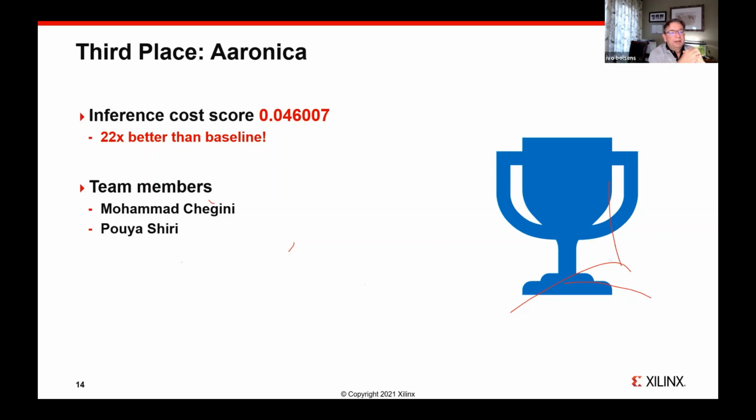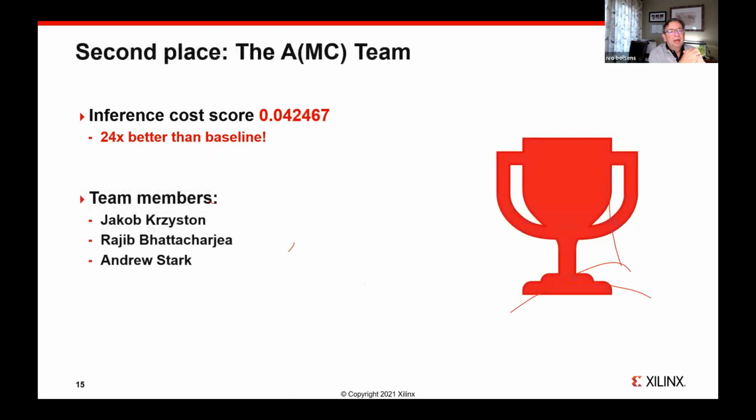And the team members of the Aronica team are Mohammad Chegini, Poya Shiri. Congratulations. And then second place, very close, is the AMC team, which got an inference cost score of